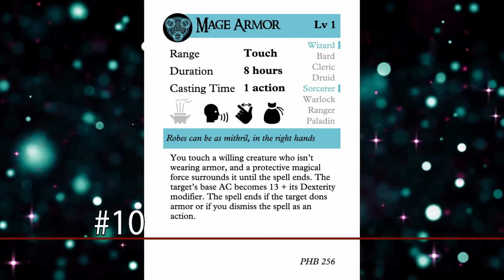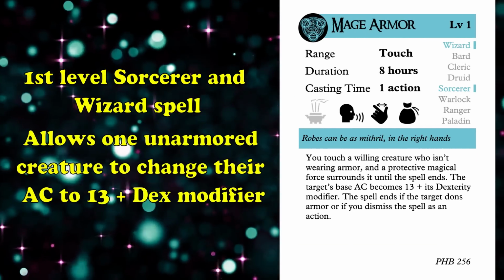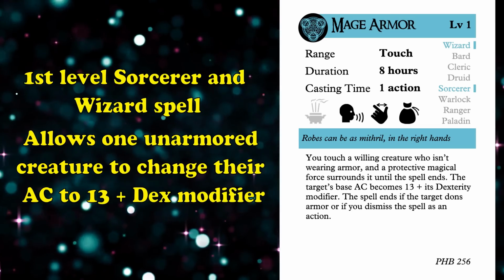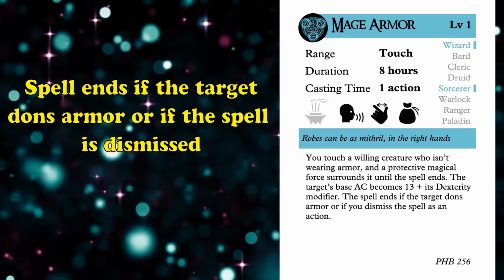So, in this video we're going over the best spells to pick up with this feat. Starting off this list at number 10 is Mage Armor. This is a first level sorcerer and wizard spell that allows one unarmored creature to change their AC to 13 plus its dexterity modifier. This spell ends if the target dons armor or if the spell is dismissed as it